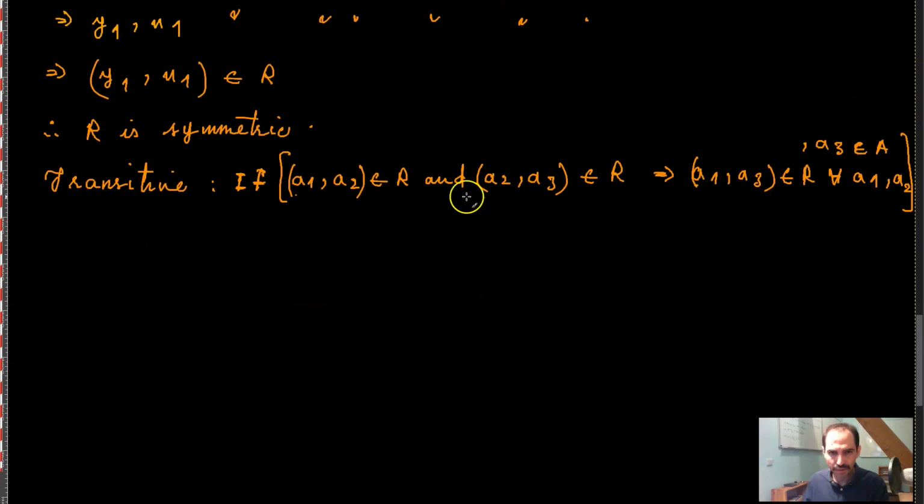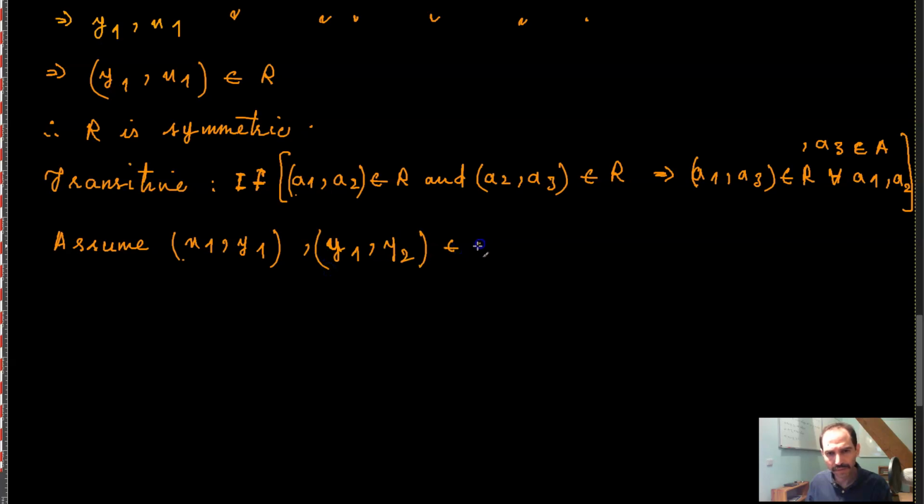So if I assume that some (x1, y1) and (y1, y2) belong to the set R,